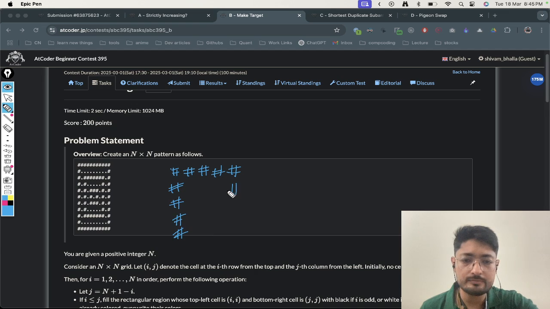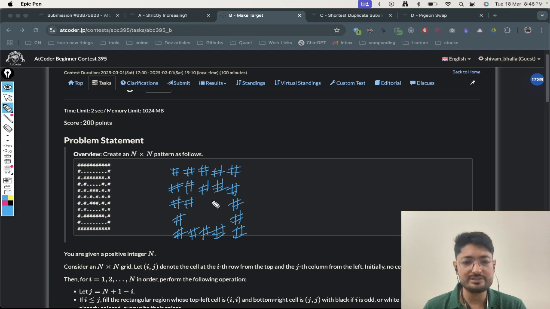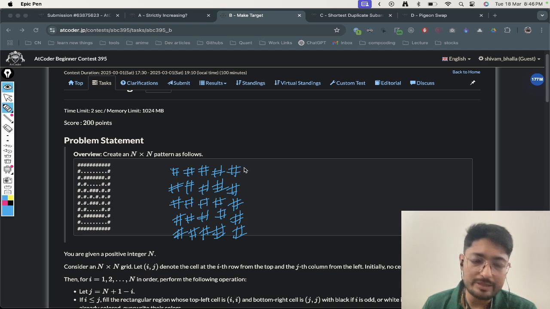Something like this. So we have the whole grid made with hashes. You can assume that there are hashes in between them also. Okay, so what I can think in this moment is that we just have to make rectangles. It's just like if you have seen a cooking class, what you can see is that if I want this whole thing as hashes,